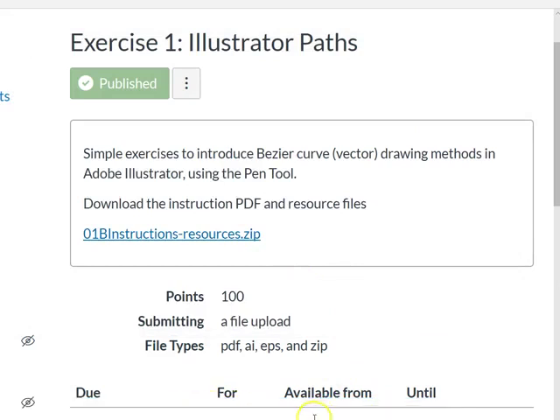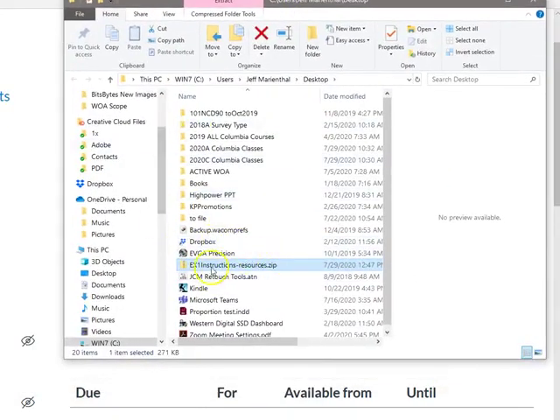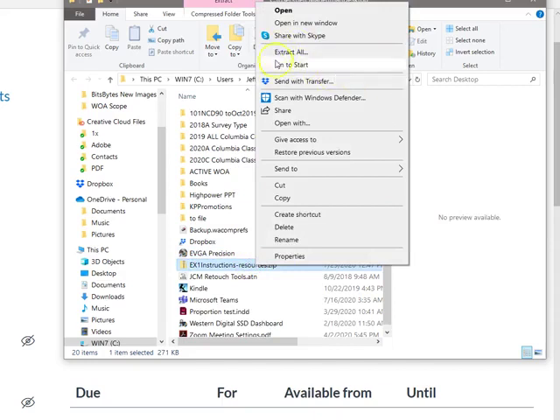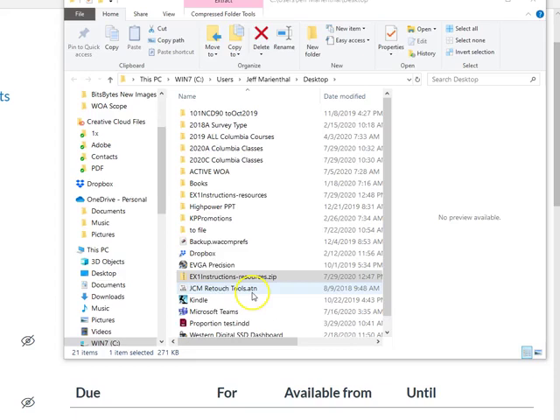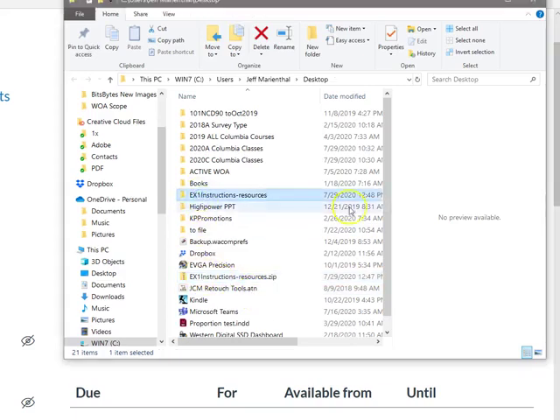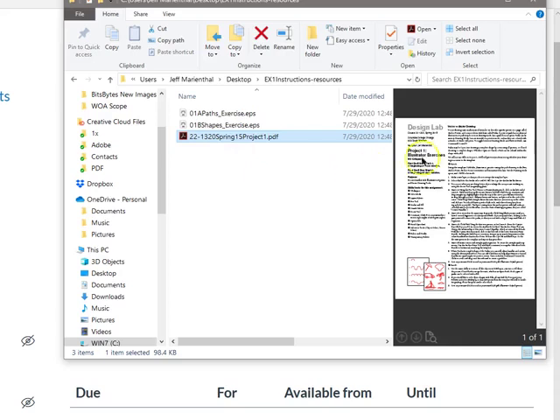And then open the folder. There it is. On a Mac, I believe the zip will automatically unpack. On a PC, I'm going to have to tell it to extract all, and that will give me another file on my desktop here, EX1 instructions resources, and you'll find a PDF that is a step-by-step instruction guide to what we'll be doing here,